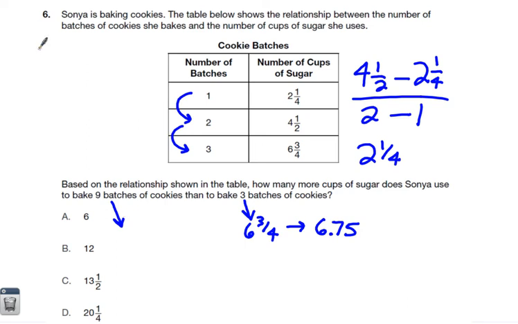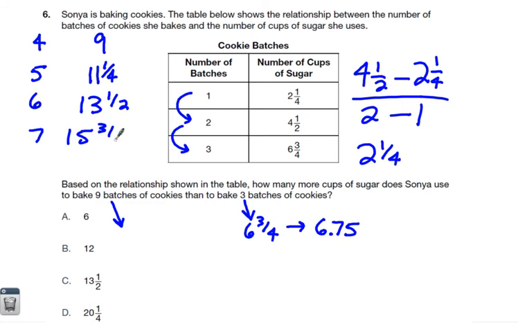So 4 would be 6 3/4 plus 2 1/4. That should be 9 even cups of sugar. And so 5 would be 11 1/4. And then 6 would be 13 1/2. And then 7 would be 15 3/4. And then 8 would be